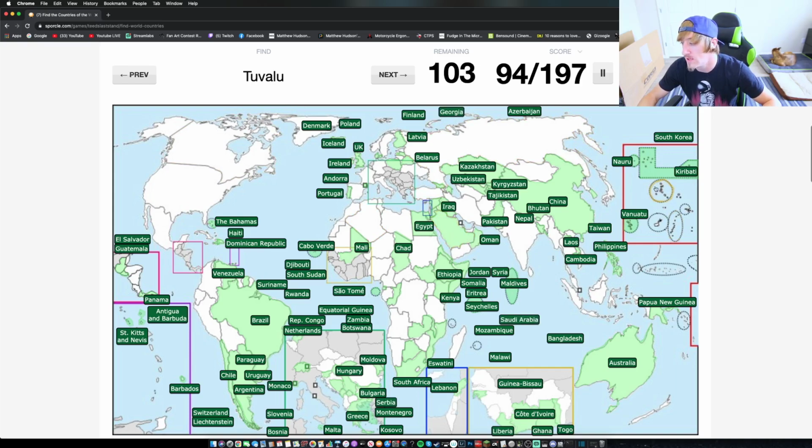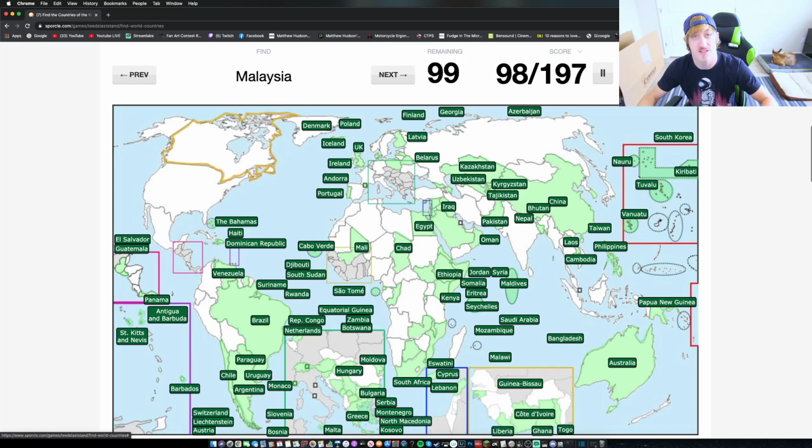Tuvalu is one of these two sets of islands, and I can never remember which one is which. Tuvalu, I believe, is the top one. I was correct. Okay. Austria is right here, right below Czechia. Cyprus is down kind of below Turkey, which here is in the blue square there. North Macedonia is the country right above Greece, which makes sense because they have some Greek in North Macedonia.